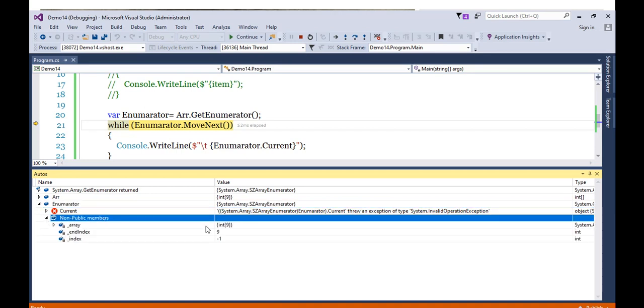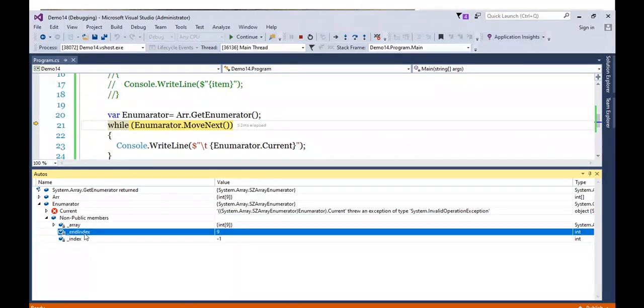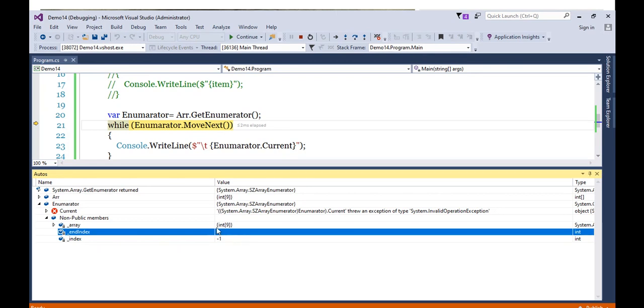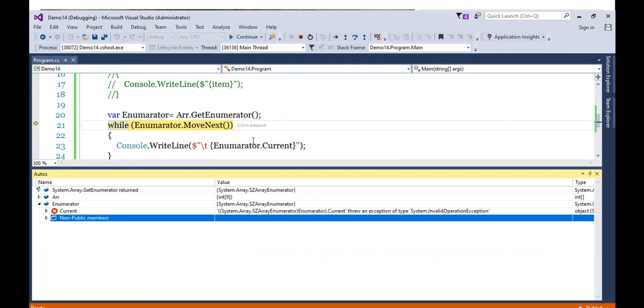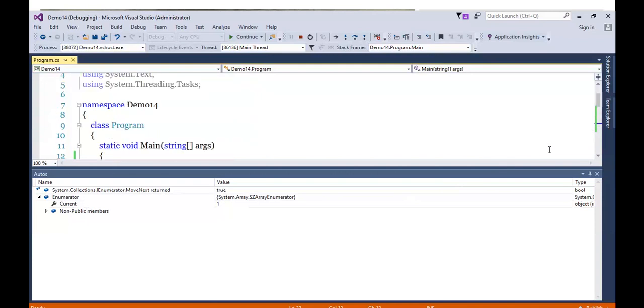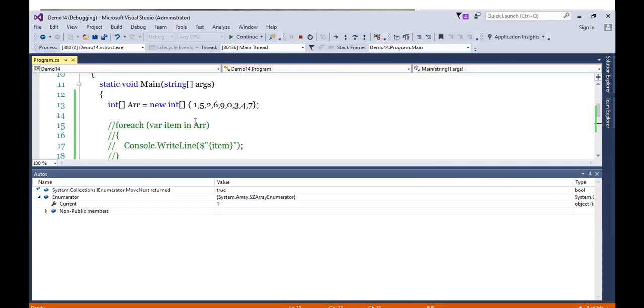On the other hand, if we check what GetEnumerator has fixed, it has fixed the end index, and it also takes the collection for iteration. The end index is right now 9, the upper boundary. Like I told you, GetEnumerator will fix the upper boundary. Now if I press F10 again, you can watch the members. Currently the Current property has returned 1. Why so? Because the first element in my list is 1.